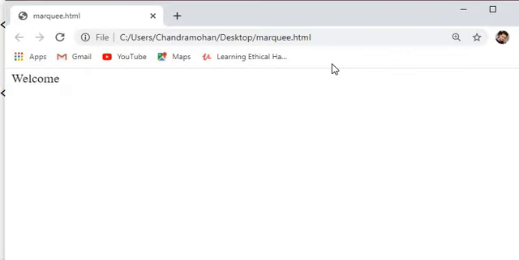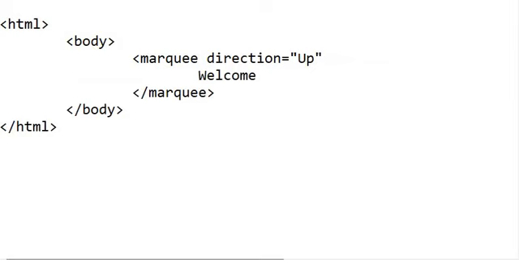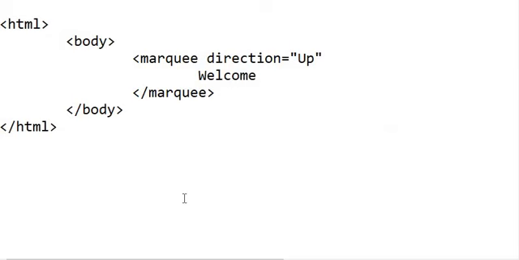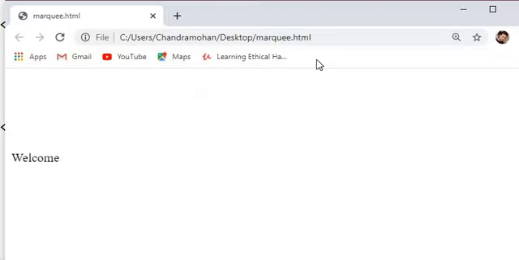This will go from top to bottom. Okay, if I make it up, this will go from bottom to up. Okay, so this is the basic use of the direction.